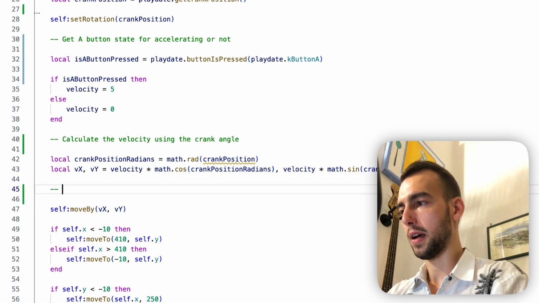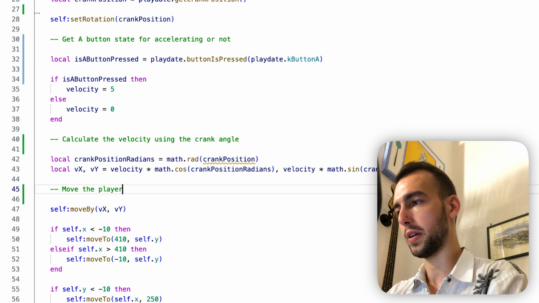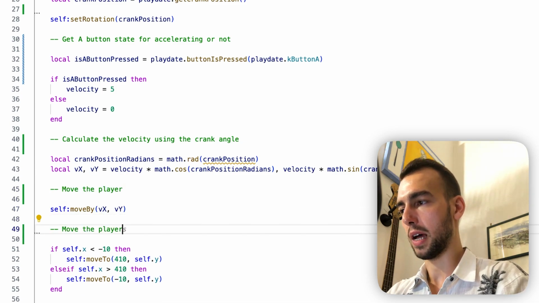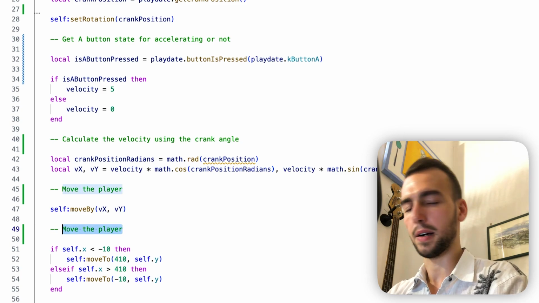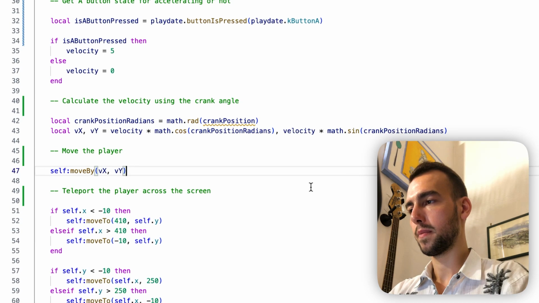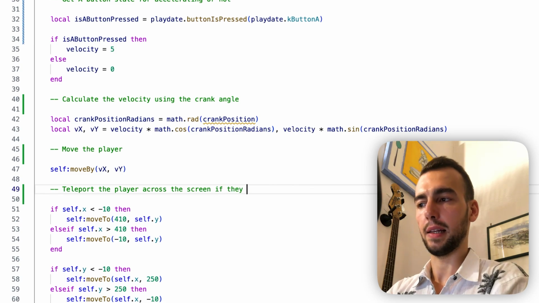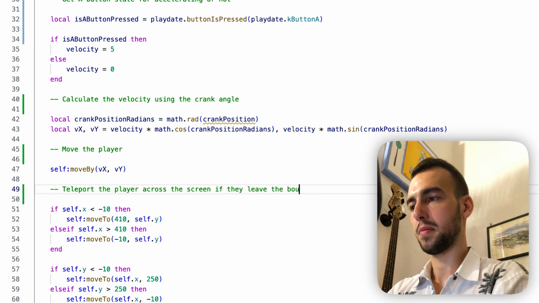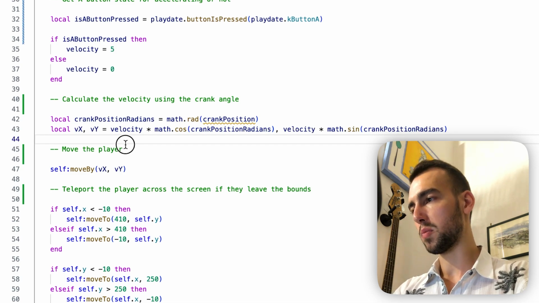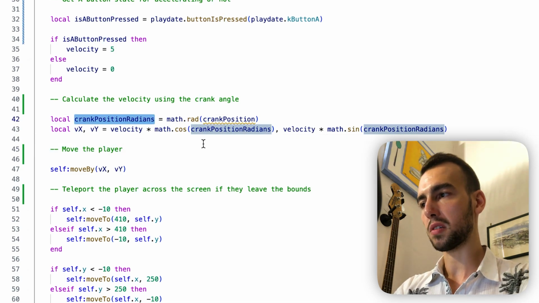Then we've got on line 45, we're gonna say move the player, and then after line 49, we're gonna say teleport the player across the screen if they leave the bounds. Okay, good enough. Then what we can do is that right before this move player, we're gonna use this crank